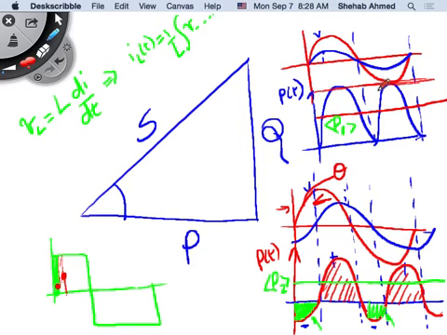And if I have a DC voltage and a DC current equal to this peak value, then I will get average power that looks like this, correct? If V and I are just DC, what's happening at these two points? I'm getting the maximum value of instantaneous power because these two are maximum. So if I just have voltage and current that are DC, I would have had this value of average power,